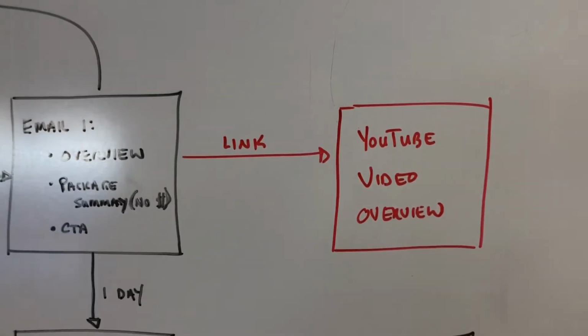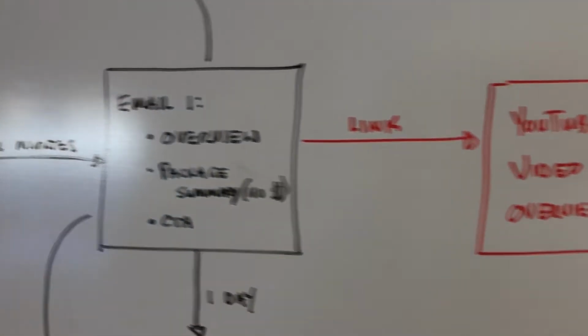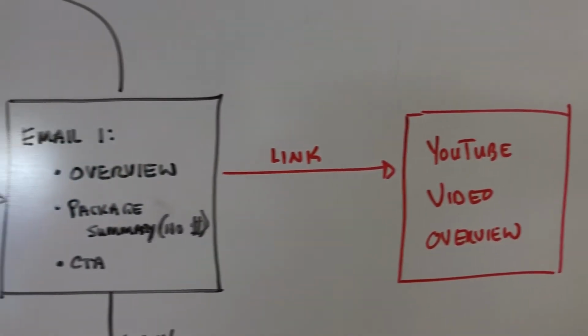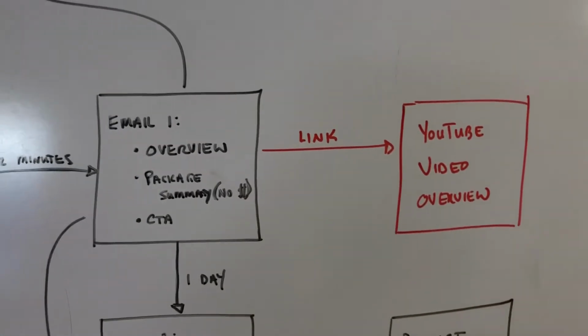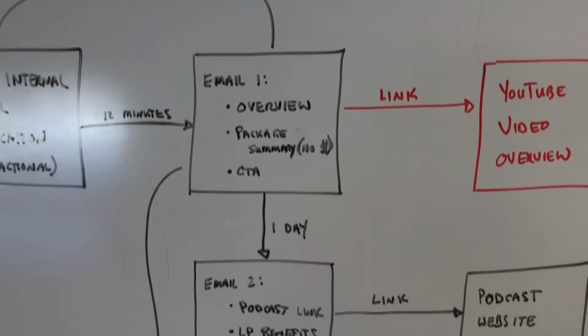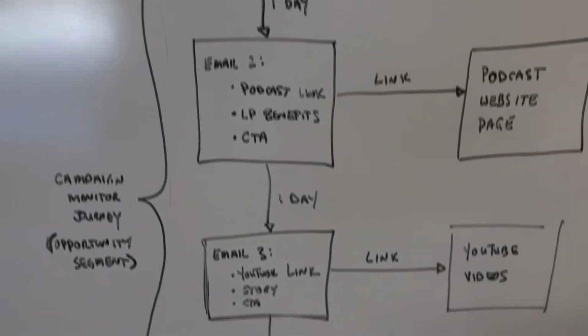red, which means that this link to YouTube video overview instead of just textual is something I want to do, but I just haven't done yet. So if I'm building out the sales funnel, it's in red because I haven't done it, but it's something I want to do. Now, the prospect is going to go through a sequence of email 1, email 2, email 3,